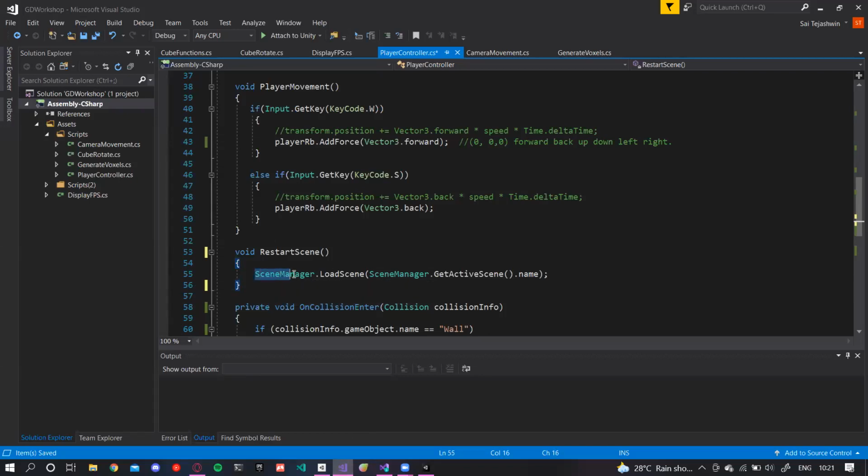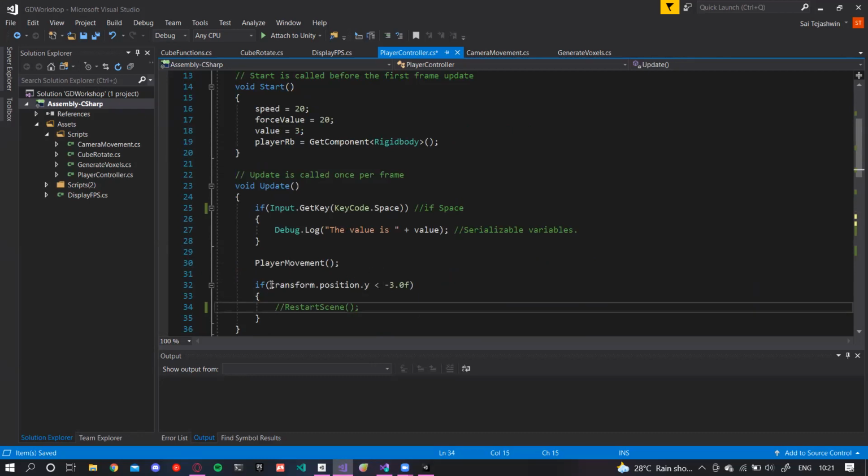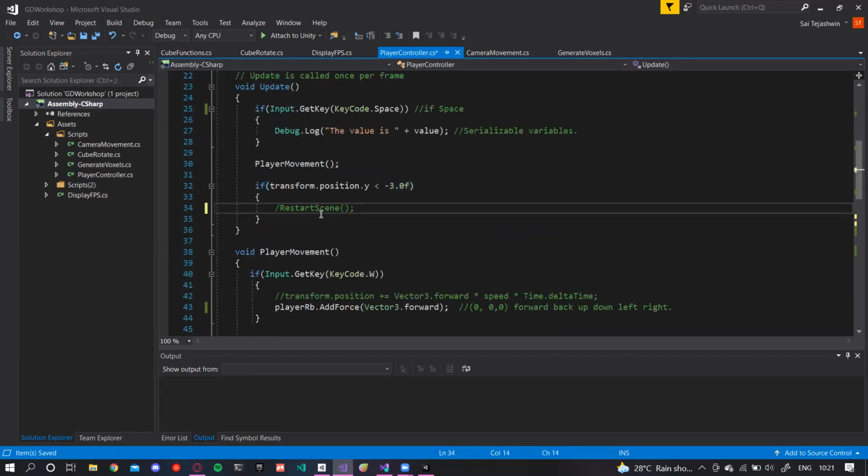For that, I've loaded the scene, and then I've called the active scene that I am using in my game. Get active scene refers to the currently active scene, and load scene is the function that allows you to load it. If the y parameter of my transform position is a little bit negative, less than -3, I want to restart my whole scene.